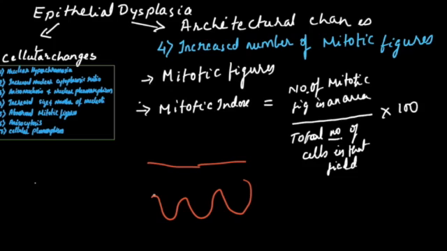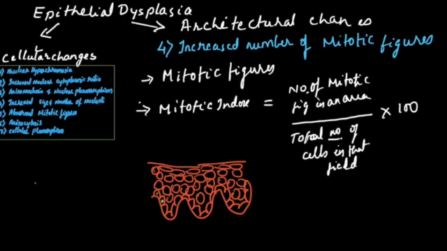Here I am drawing an epithelium with a lot of cells, and I will show a few cells undergoing mitosis, that is, a few mitotic figures I'll draw in this. So I will just choose a contrasting color pencil. I think white should do. Yes, white marking. So here I have drawn 5 cells which are showing mitotic figures.